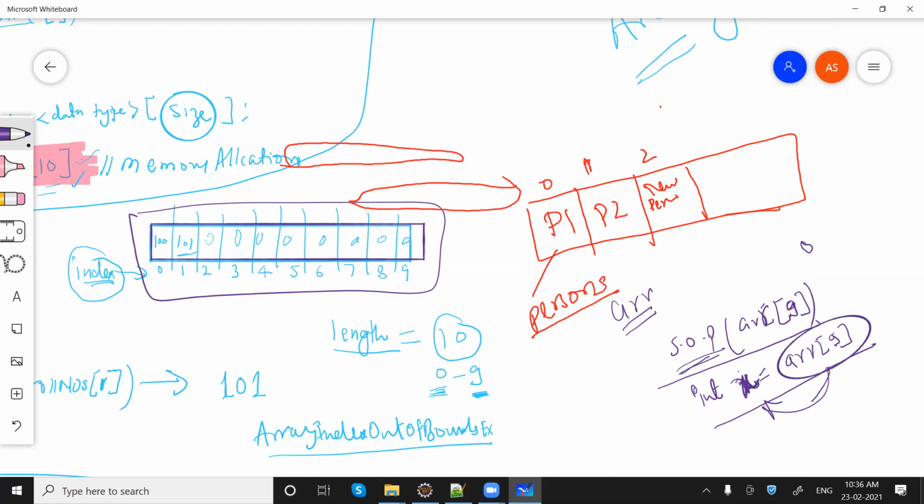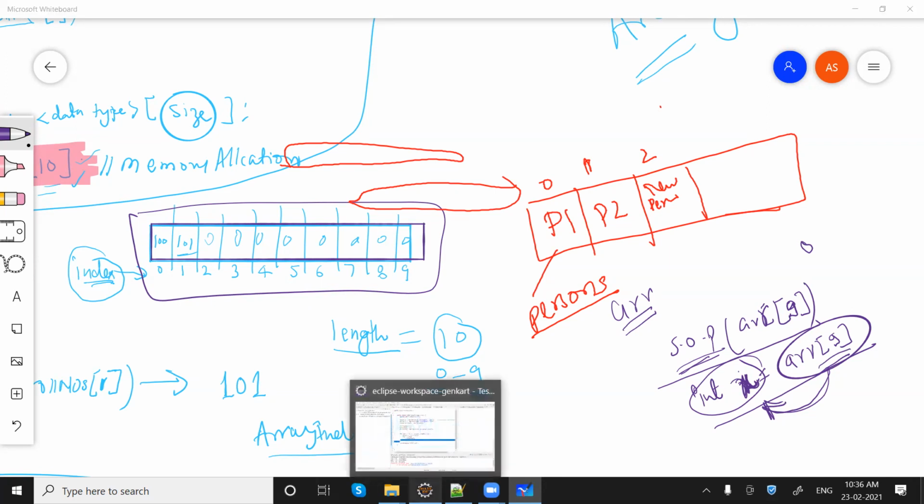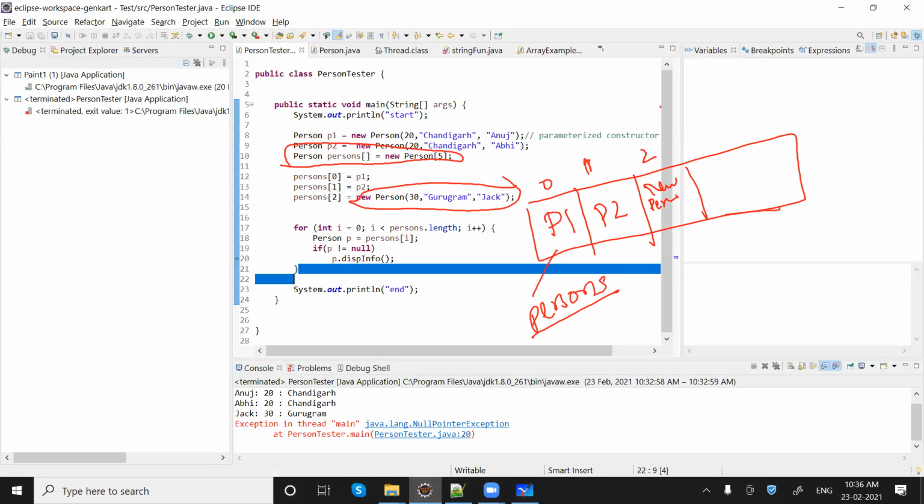This time we are giving this value to this x variable. We want to keep this value, whatever it is, into the x variable. Similarly, here we want to keep that object into this p variable.